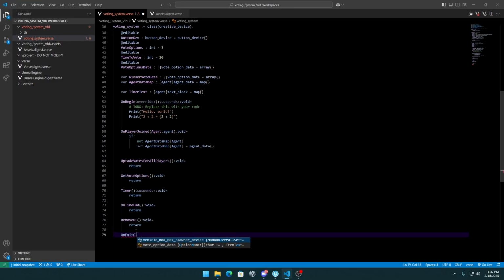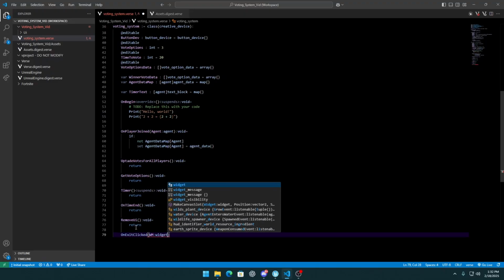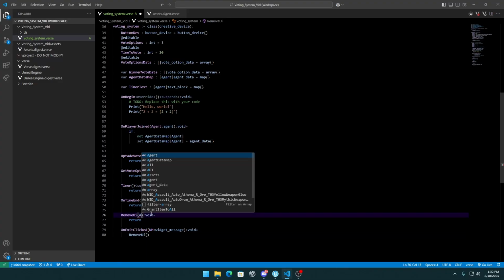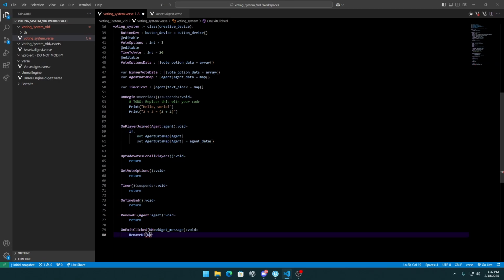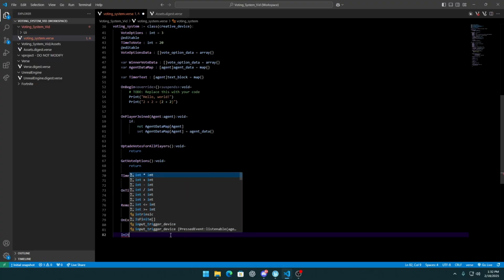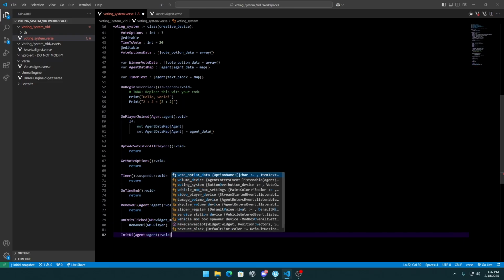On exit clicked, so on exit click button it will be the widget message, type void equals, or we can just fire it because we only return remove UI here. But on remove UI we need the parameter agent, and here we can type wim m.player. Okay, and init UI, type agent void equals return,